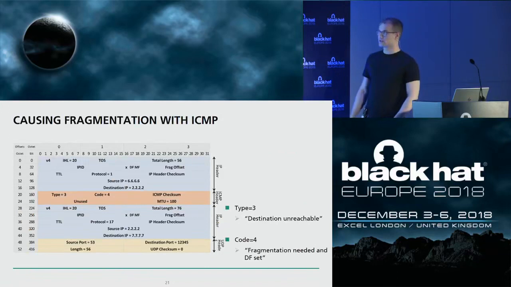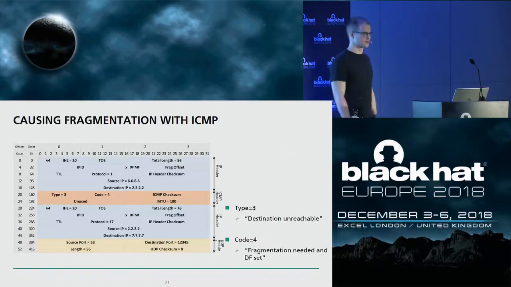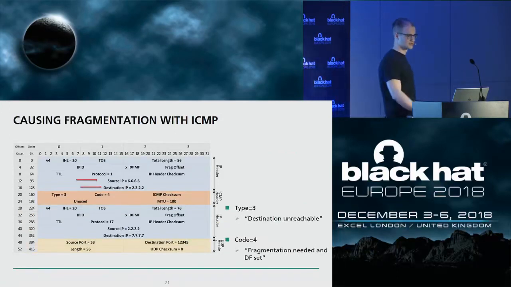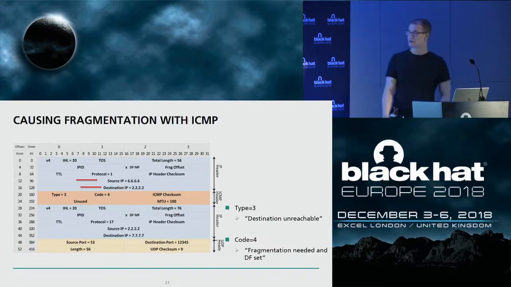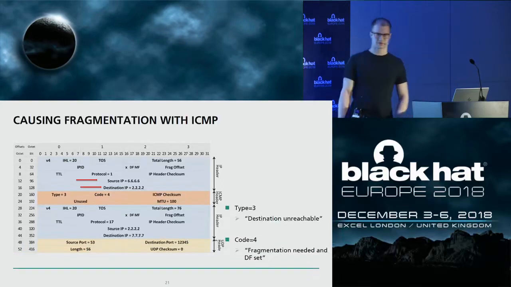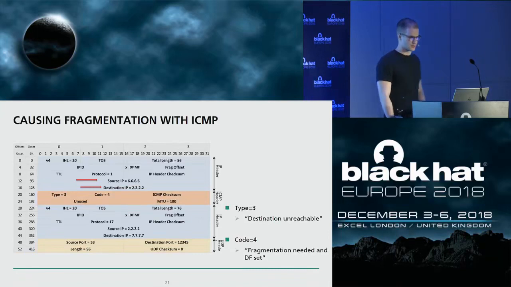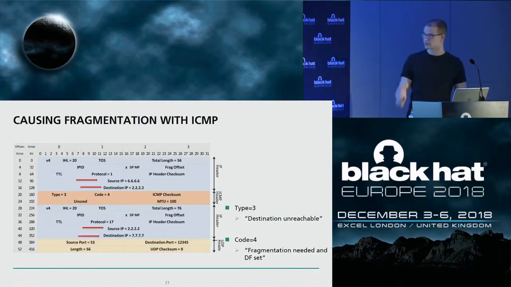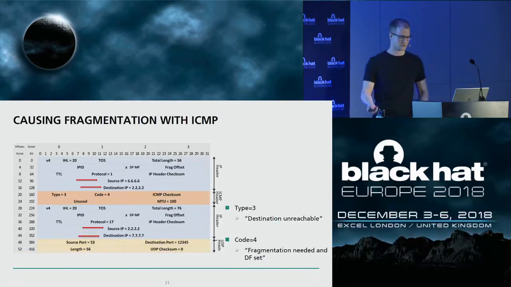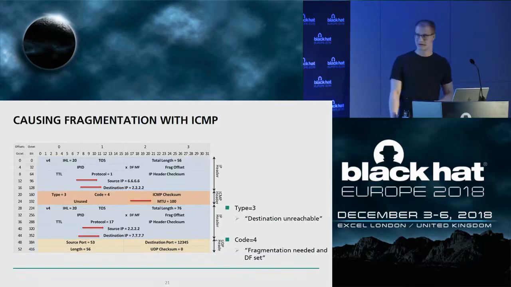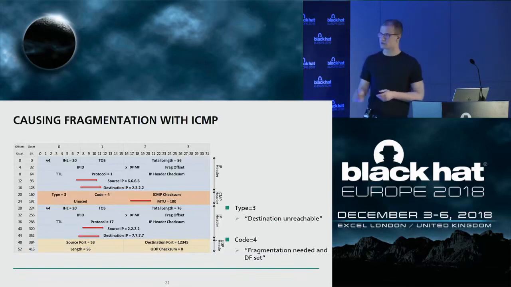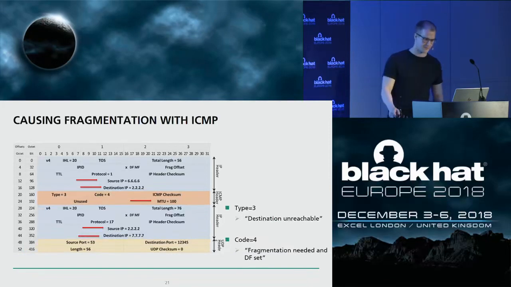We will cause the fragmentation in the first place using the aforementioned ICMP error message. We're sending this from our true IP address to the name server, which is authoritative for the target domain. We can do this because that name server does not know we're not a router in the intermediary network. And we will tell him that if he wants to send messages to the recursive resolver of the certificate authority, it has to be aware that the maximum transmission unit of an intermediary network is one of our choice.